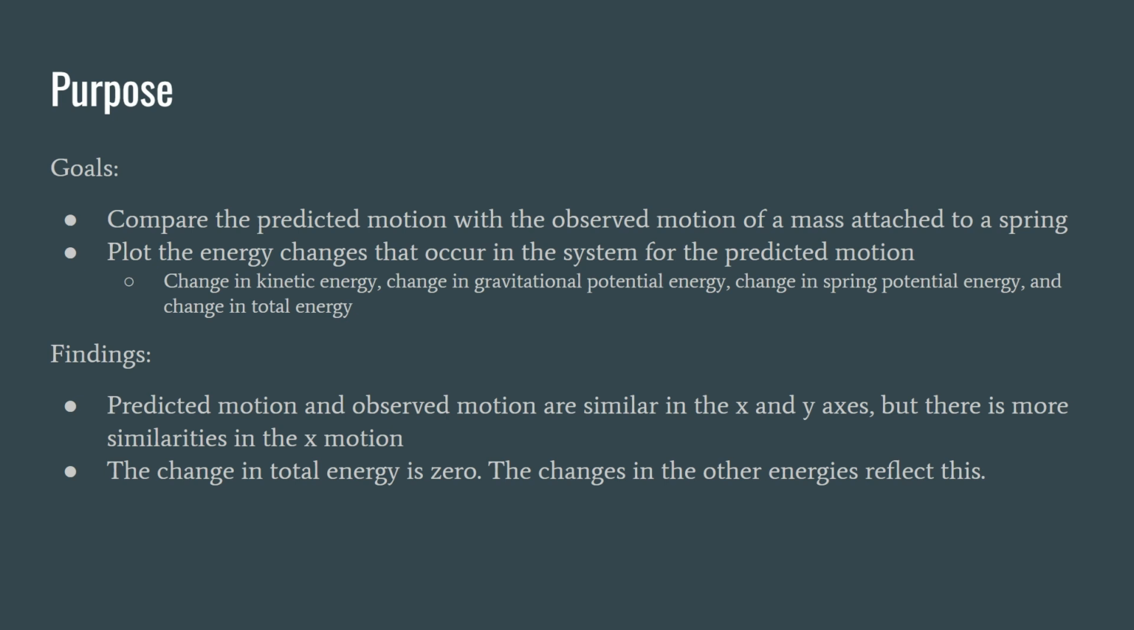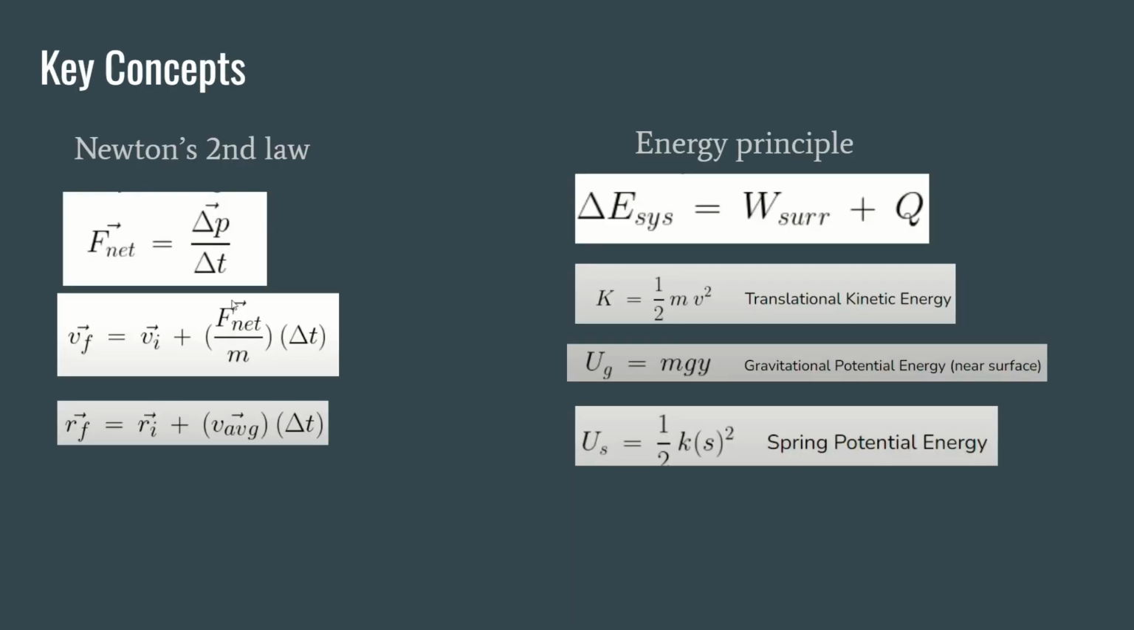After conducting the experiments, I found that the predicted motion and the observed motion are similar in the x and y axes, but there's more similarity in the x motions. The change in total energy is also zero, and the changes in the other energies reflect this, which I will discuss. Some of the key concepts for this lab are Newton's second law, which includes equations such as F